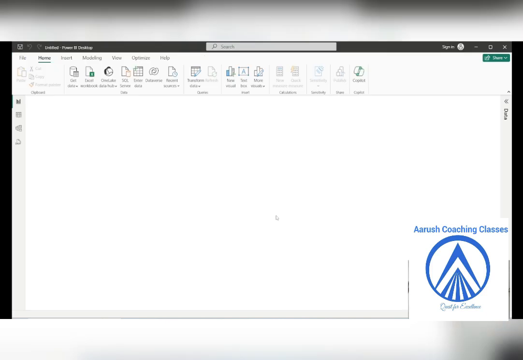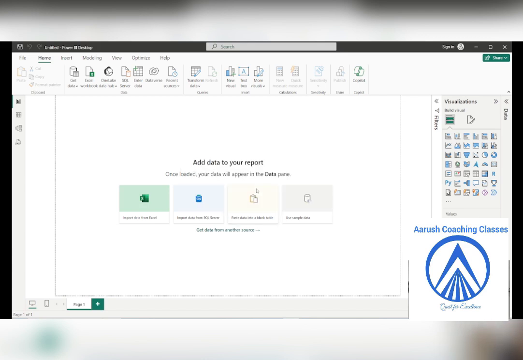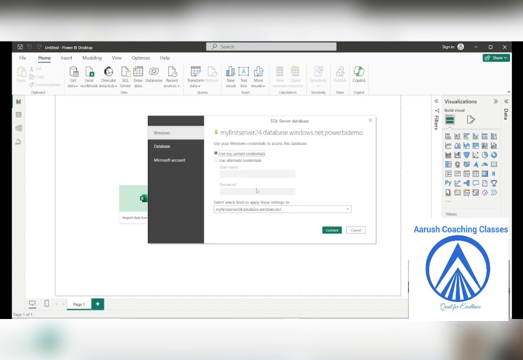Now this is integrated with Azure. Connecting, we establish a connection. It will basically request the username and the password. The username and the password you used when setting up the database server should be entered. So basically what is happening is it is integrating with your cloud. That's what we are doing here.